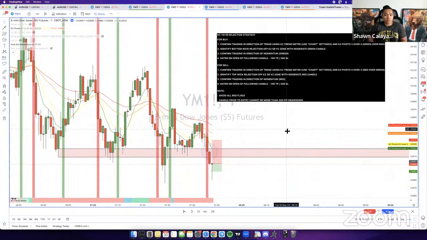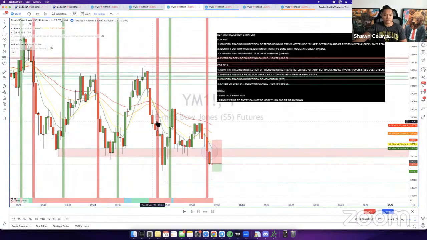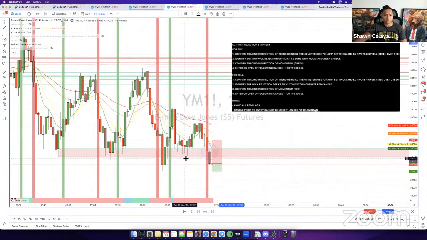That's probably why Dejan here is getting more in touch with the strategy. Again, it's been a while since we've applied it, but you can see that the strategy still works perfectly fine. It's just hard to identify because the zones here are usually pretty messy. You have to have a dedicated chart for these zones because if you don't, you're just going to have so many zones marked up everywhere.